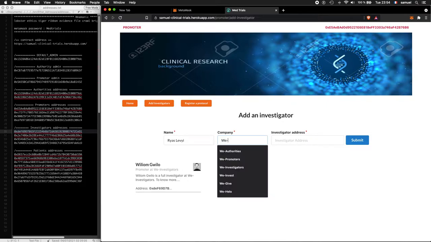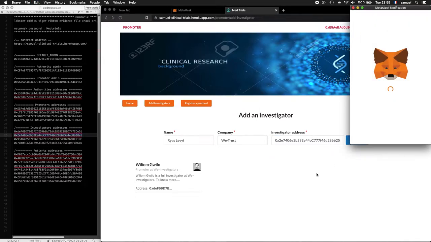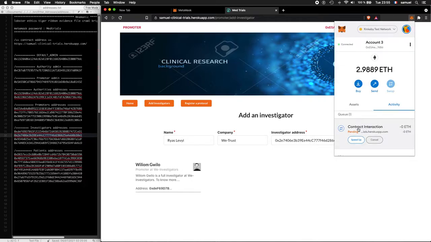For the company, I say we trust. For the address, I select the second address here. That's it. And click on submit. So click on confirm. And now the transaction is pending.